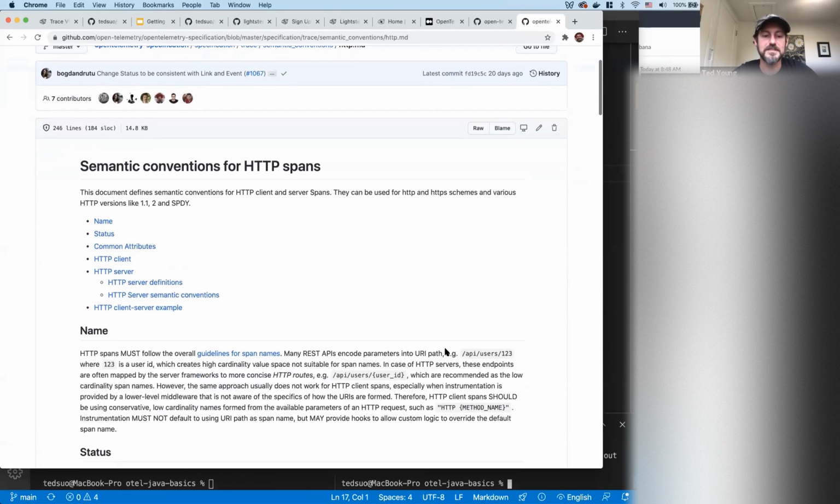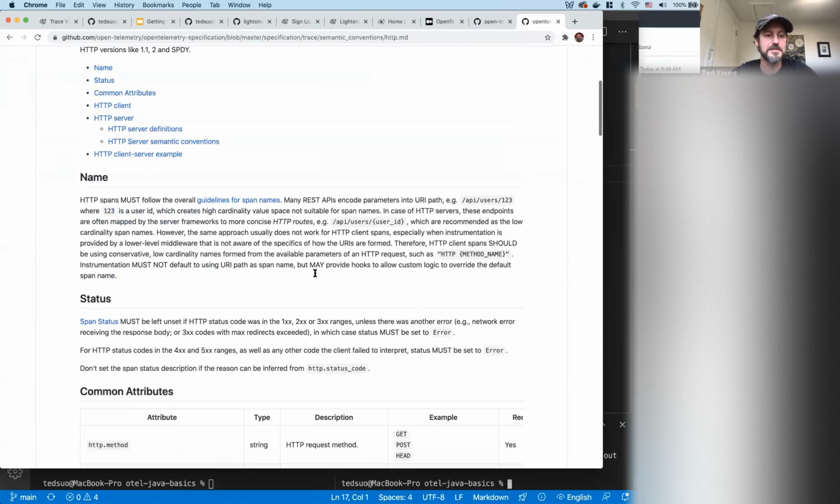So you will notice that these spans get named something specific. So for HTTP spans in general, we have some specific recommendations about what it should be. The ideal span name is a route. One issue with naming spans is you don't want something that's too high cardinality.